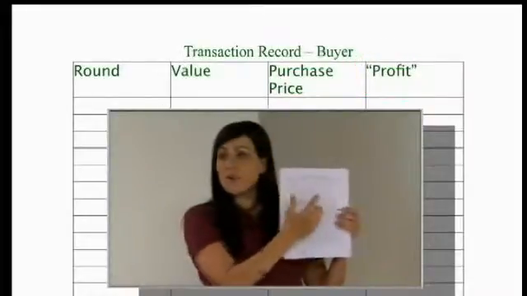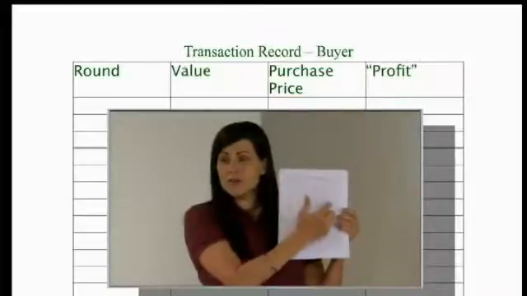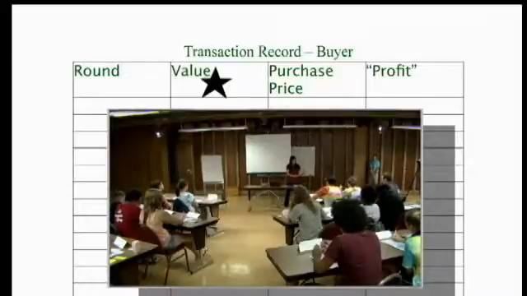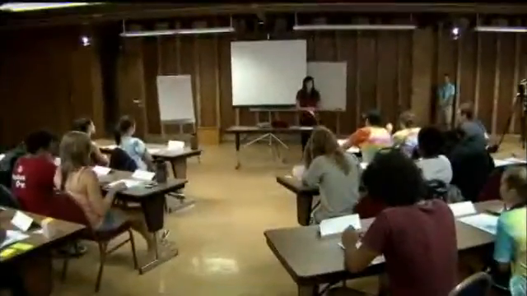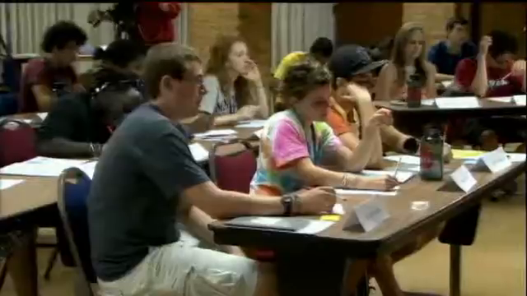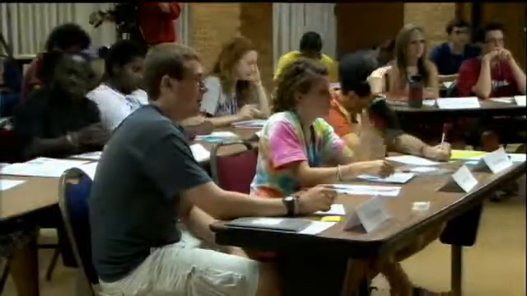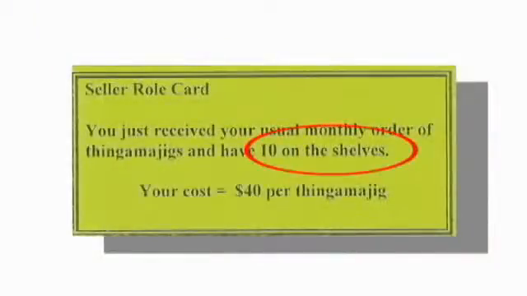So which of these do you want to be higher? The value or the purchase price? The value. So buyers, put a star above the value column. You want that to be higher each time. Sellers, what kind of prices do sellers like? High prices. And sellers, you have a seller roll card, and it tells you you have an inventory of these thingamajigs,